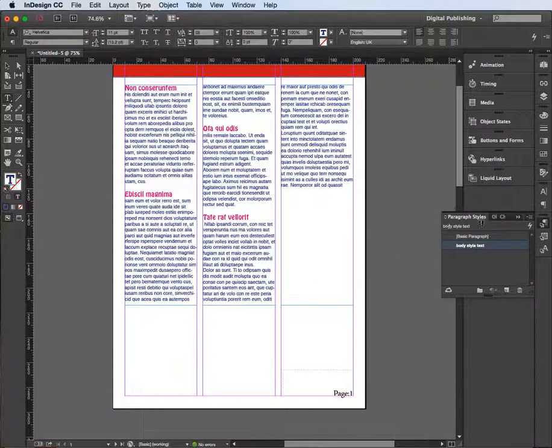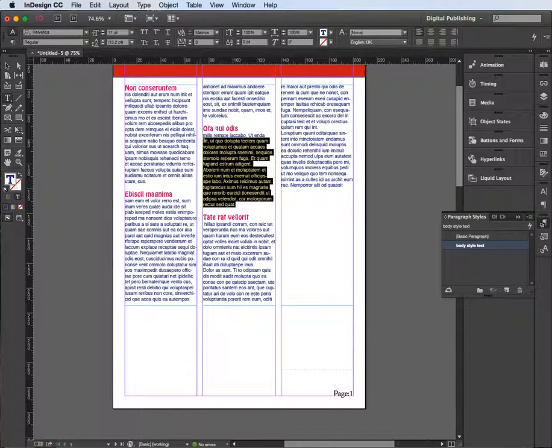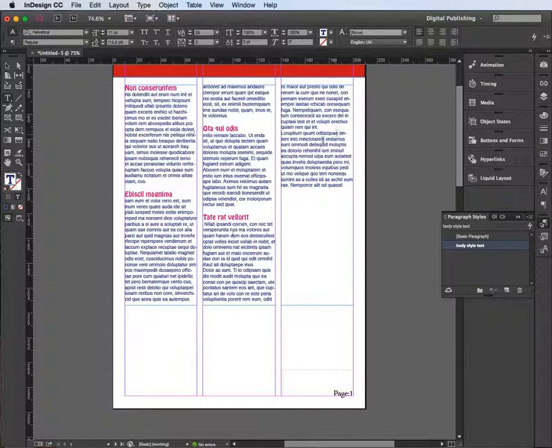Now the difference between paragraph and character styles is that paragraph styles affect the entire paragraph, so they will change a whole paragraph all in one go, whereas with character styles you can highlight just a few words or just a few characters, come in and apply your character style, and it will give that text you highlighted the particular style that you chose. So character styles can be applied to individual words, individual characters, or just a few words, whereas paragraph styles will apply to the entire paragraph. Okay,